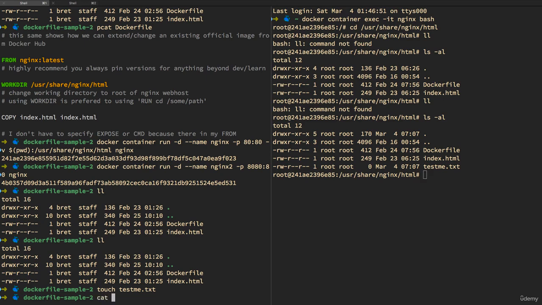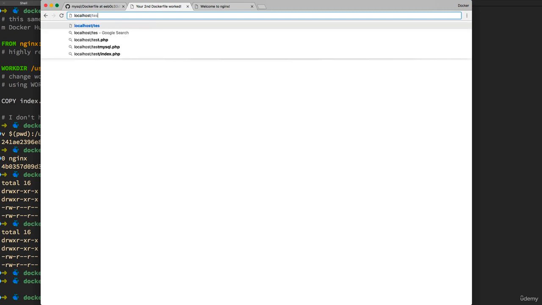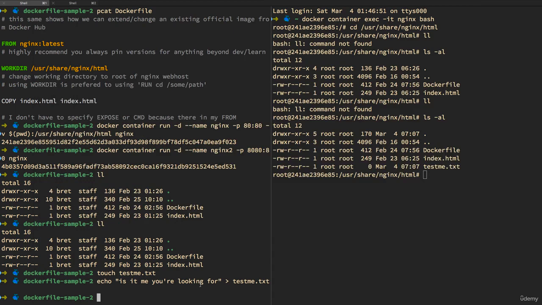And if I echoed something into that test.me file, there you go. Our Nginx is able to see the changes because it's just a normal file path in the container, and those files are on the host. And if I was to delete them in the container, they would be deleted on the host because it is the same file. So this is when I usually get a developer's mind thinking about all their development environments